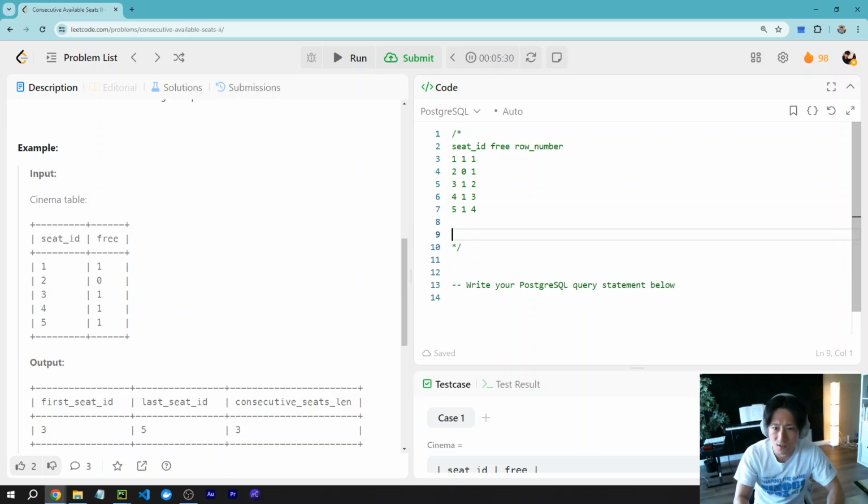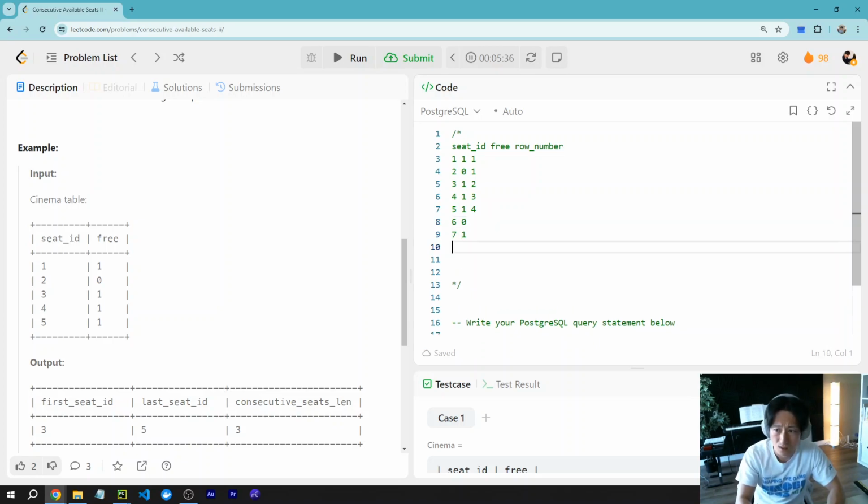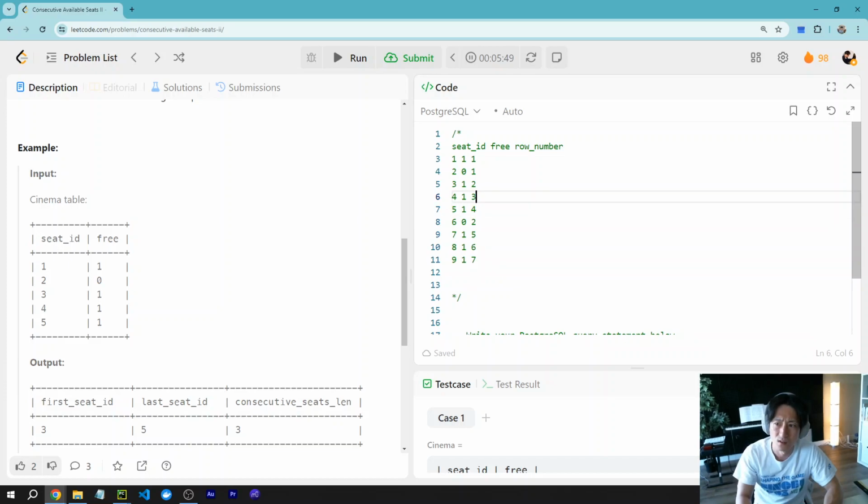And let's say I extend the example with some other rows, like this, this, this, and I'm gonna partition by free, so that's gonna be 2. This is gonna be 5, 6, 7, and then I'm gonna take the difference